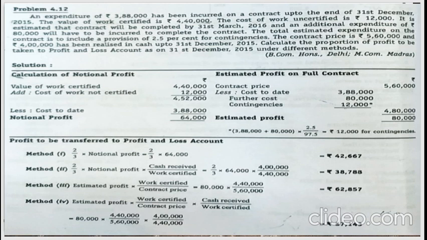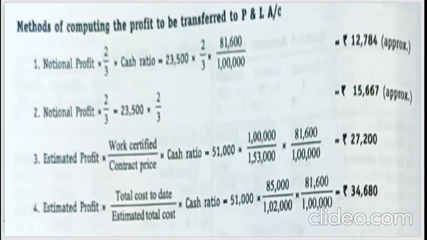Cash received divided by work certified. That is 80,000 into work certified 4,40,000 divided by contract price 5,60,000 into cash ratio, cash received 4 lakh divided by 4,40,000 of work certified. You will be getting 57,143. Or you can also use the formula which has been used in the previous problem, that is estimated profit